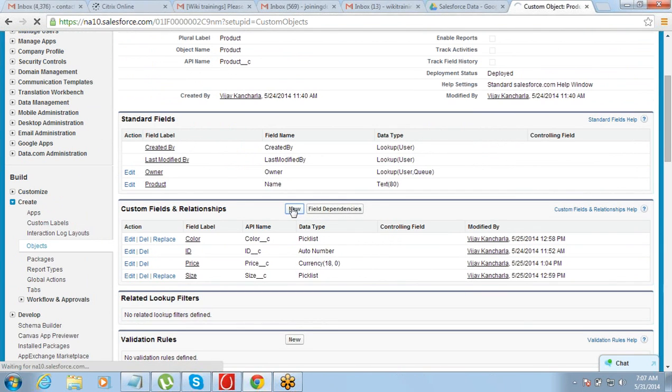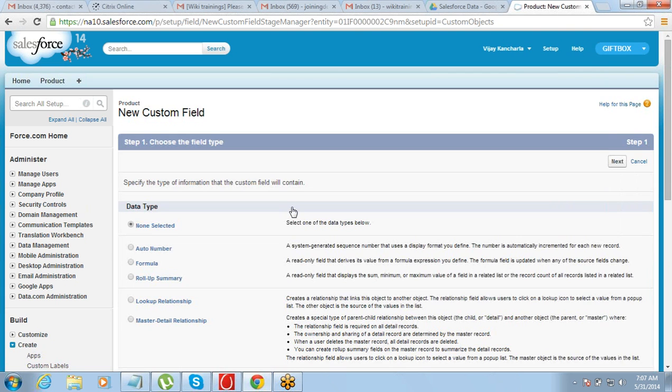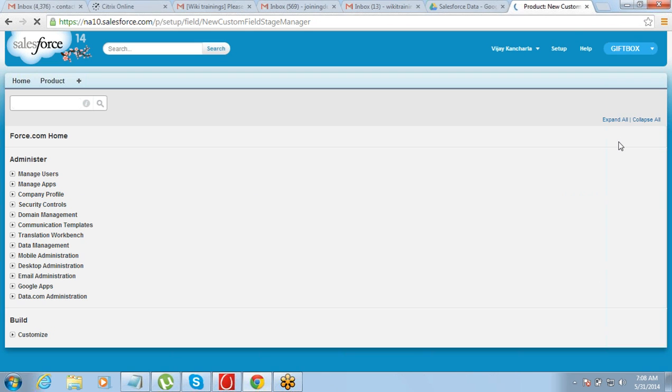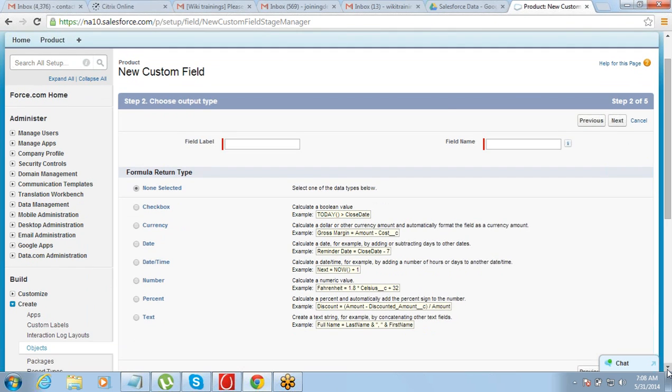Click on new field. Field type will be formula here. Click on next. Field label,